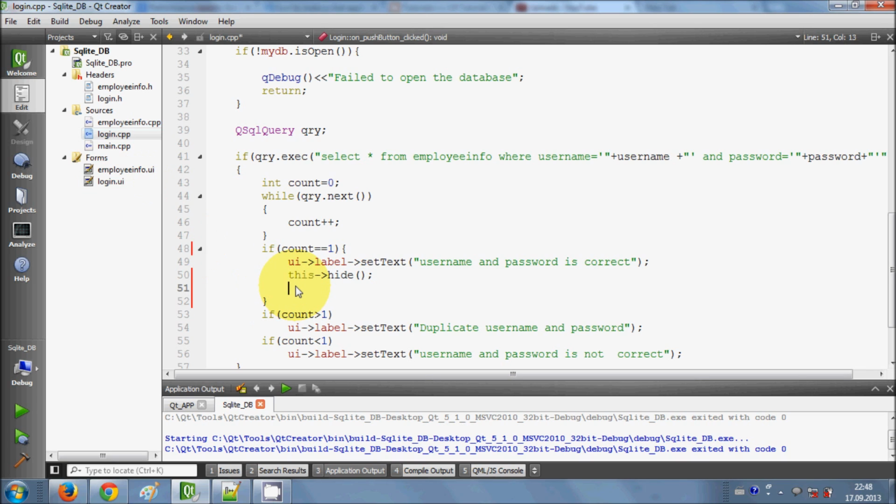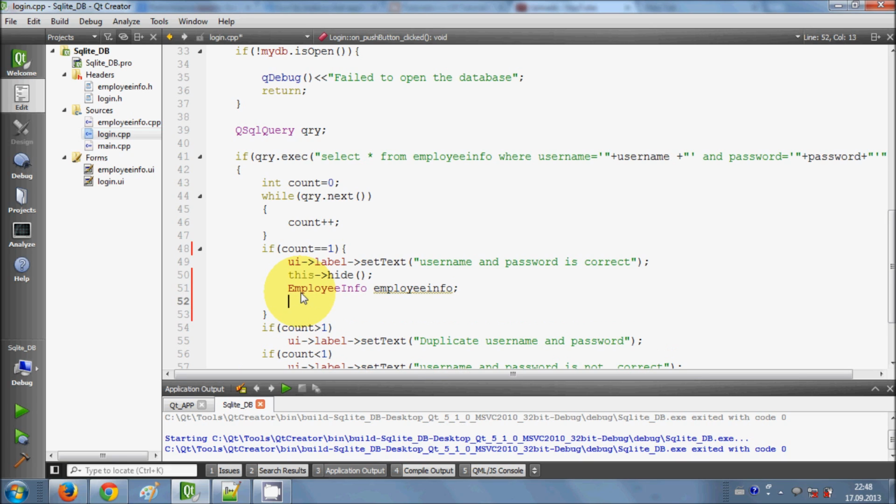So first we will make an employee info object, and then what we will do here is copy this object and say dot